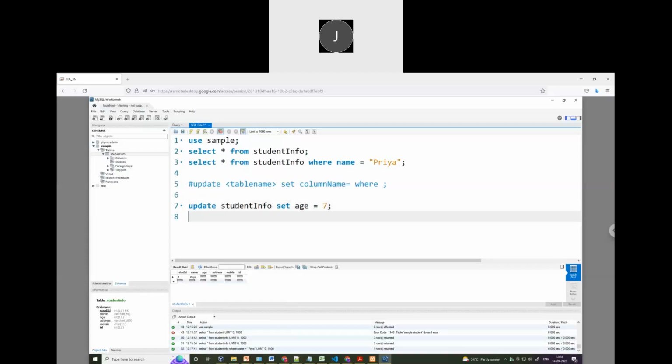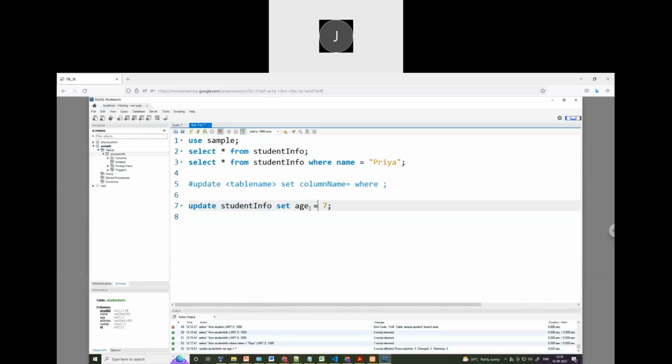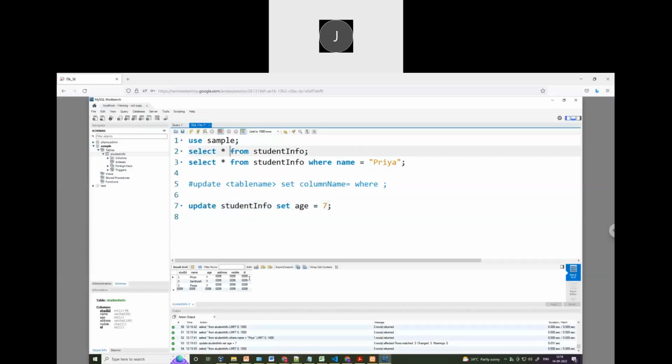So what is this command saying? In the student info table, set the age value as 7. I'm not giving a condition for whom, so I'll execute this. Three rows affected. Okay, three changed. Let's query this and see the table. See, all the ages for Priya, Santosh and Pooja are set to 7 because I have not given a